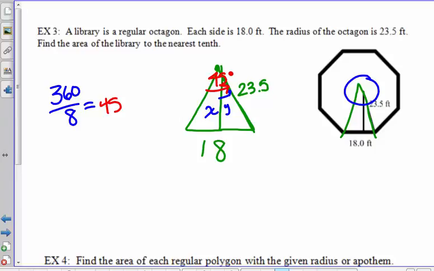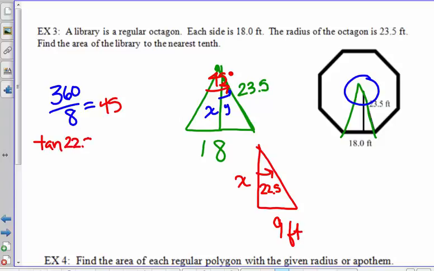Now, when I drop a perpendicular to find the apothem, I'm cutting these in half. So I know that this is 9 feet, and this is half of 45, or 22.5. So what can I do to find x? Well, let's see. This is the opposite over the adjacent, so the tangent of 22.5 equals the opposite over the adjacent. So really I have 9 divided by the tangent of 22.5